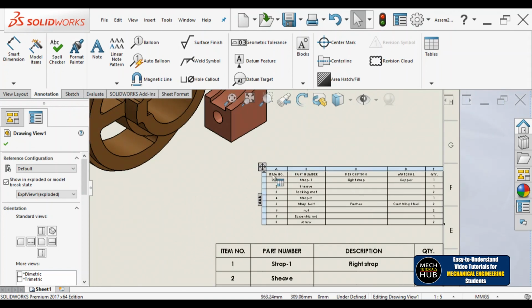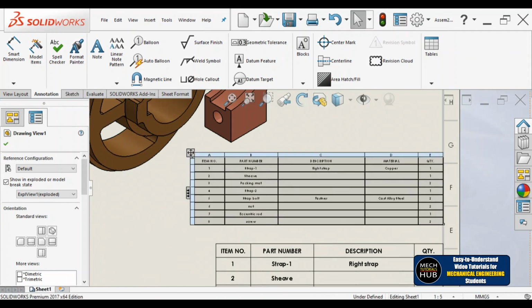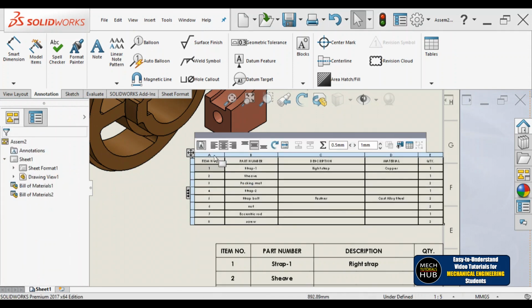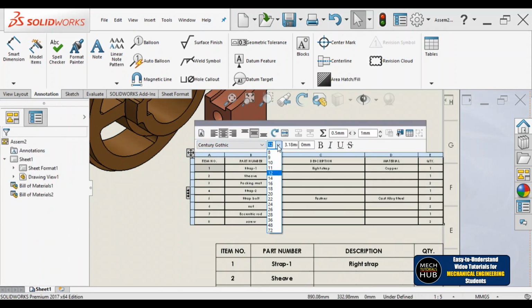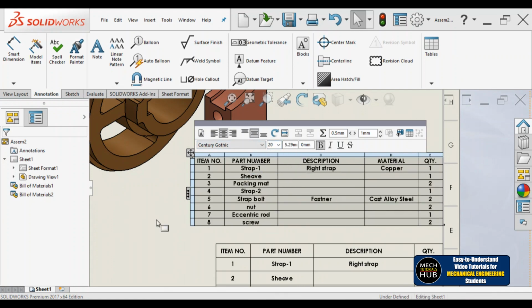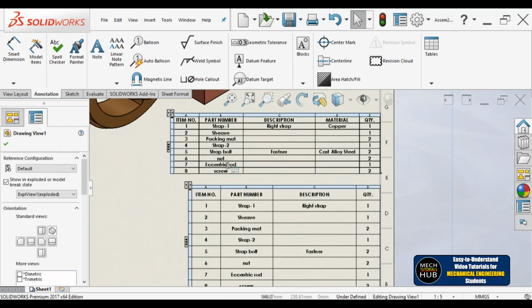Now you can easily see, if I increase the size, it may be helpful to you to understand. Why is it not enlarging? Let me increase it in this pattern. Let me click on this. Have a look, I'll go to editing. Let me increase the size so that you can understand easily. Keep everything bold. Select all the data, go to size 20, keep it bold. Now you'll understand the difference between the two tables.